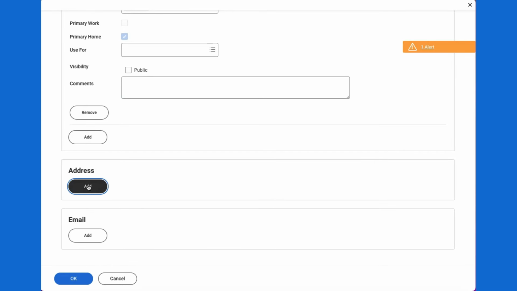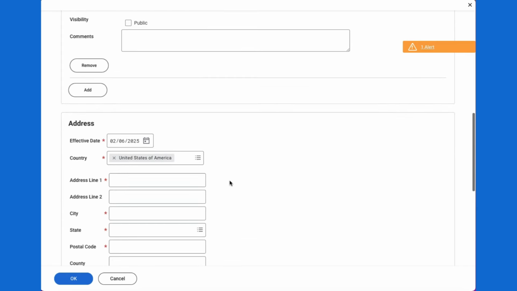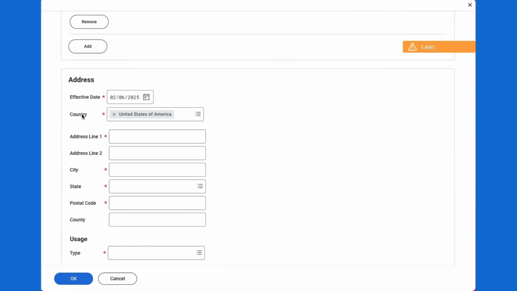Under Address, I'm going to click Add. I'll leave the effective date box alone as it automatically populates to today's date, and I'm going to leave the country code alone as this is the country code that I'd like to use. If you'd like to change it, you'll click the small X button next to the title and enter in the correct country. I'm going to begin by entering in the address,